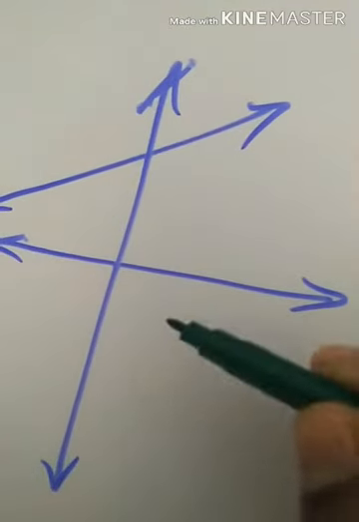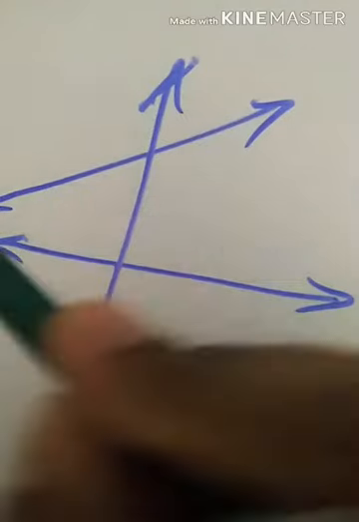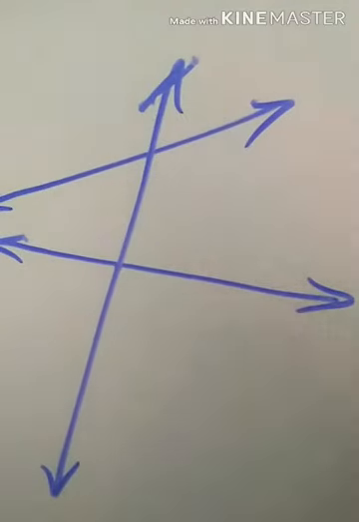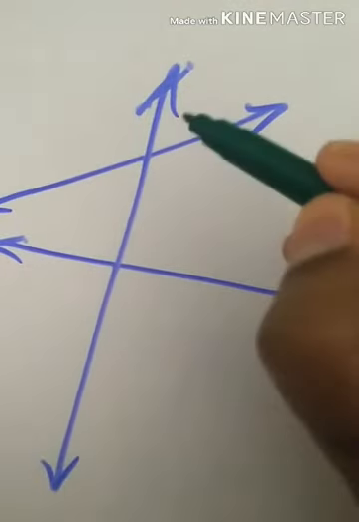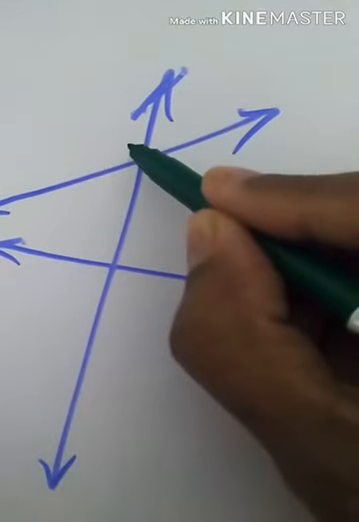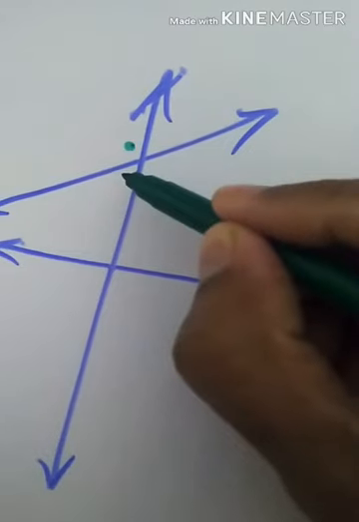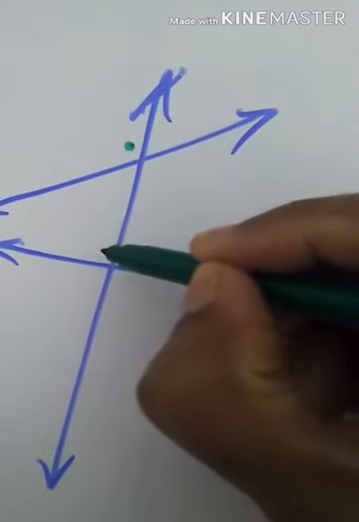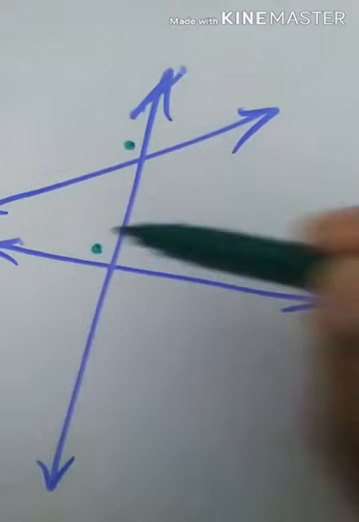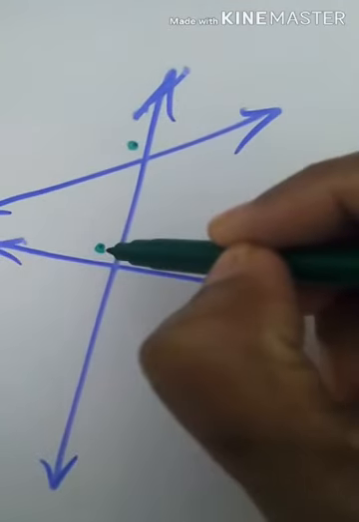After talking about angles in a linear pair, now let us start with the corresponding angles. Now in this figure, which are the corresponding angles that you can mark? Let me start with the first pair, that is this angle. The first angle, don't take the adjacent one, take the third one. That is the clue for you to remember. The first angle and the third angle.